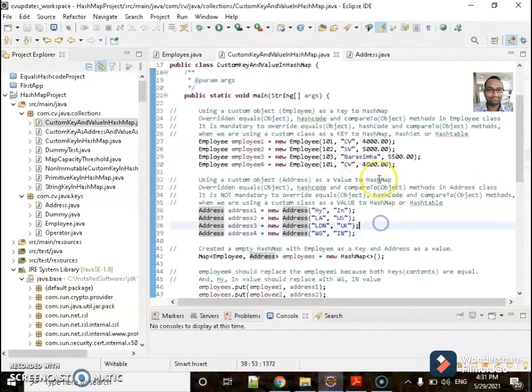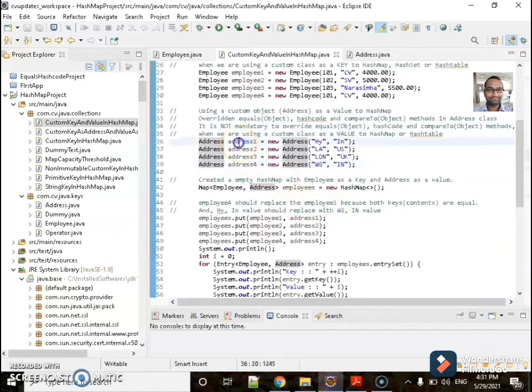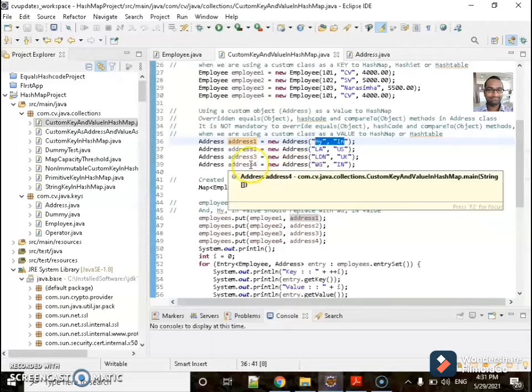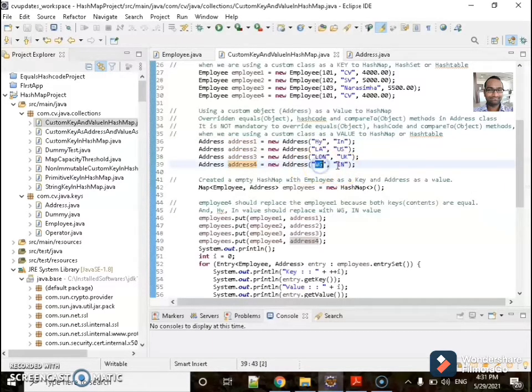So I've added this, and address 1 is something and address 4 is something different. City is HY and country is IN, and in the fourth address the city is WG and the country is IN.